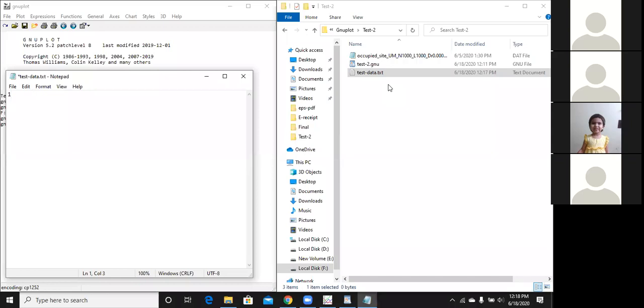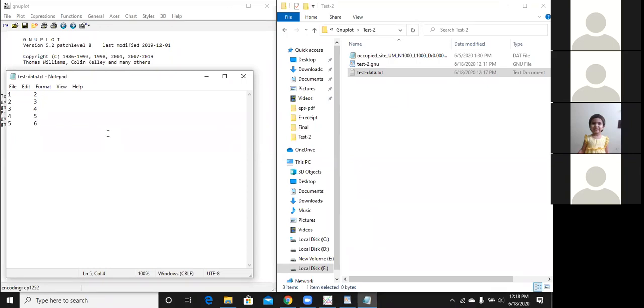So let's put a tab and write 2, enter, 2 tab 3, 3 tab 4, 4 tab 5, and we will just take one more point, 5 tab 6. Will it work? Yeah, definitely.